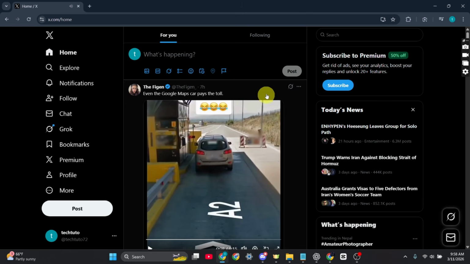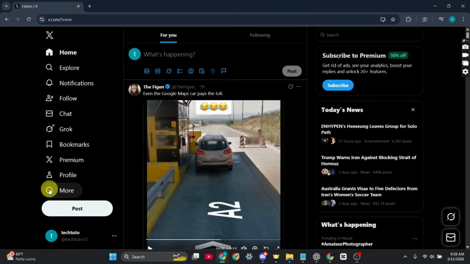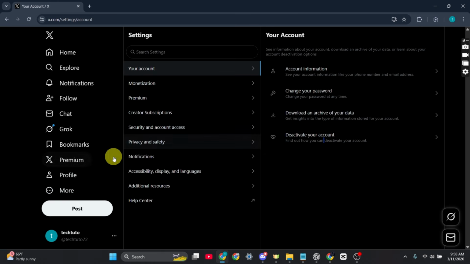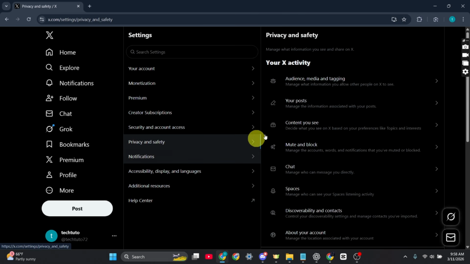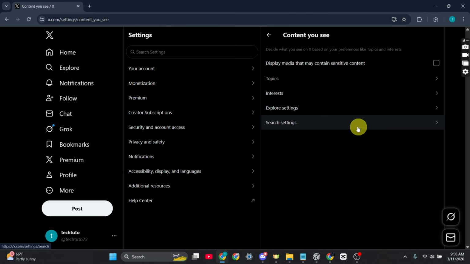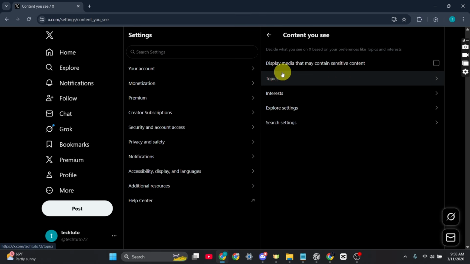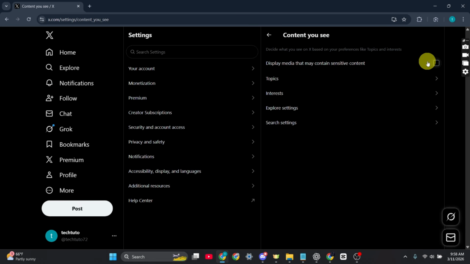And after logging in with your ID, just click on More at the left hand side and click on Settings and Privacy. From here, just click on Privacy and Safety and click on Content You See. And in this section, you will see an option that says Display media that may contain sensitive content. Make sure to toggle this on, and after this option is enabled like so, this setting allows X to show